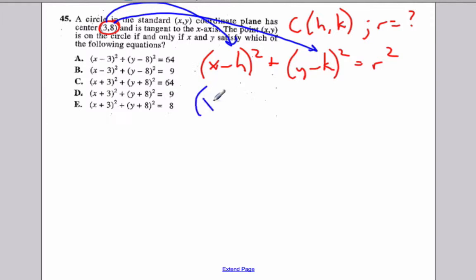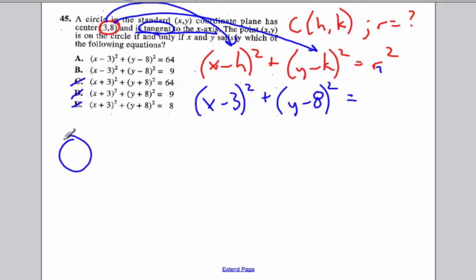So this will become x minus 3 squared plus y minus 8 squared equals, so right now I look at this and I go, all right, well, x minus 3 and y minus 8, I know it can't be either C, D, or E. I'm down to a 50-50 chance here between A and B. So what I need to know is, what is the radius? They never told us. What they did tell us is that the circle is tangent to the x-axis. What tangent means is a circle is tangent to a line if it comes down, hits the line at exactly